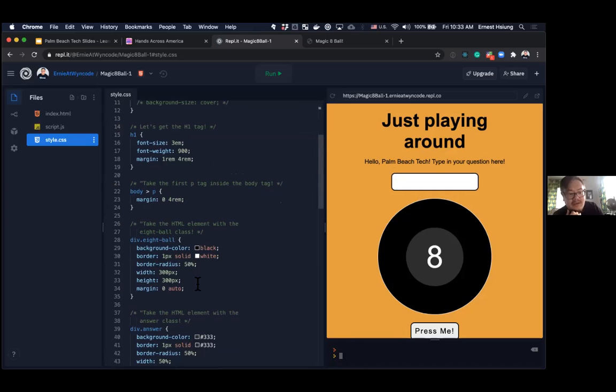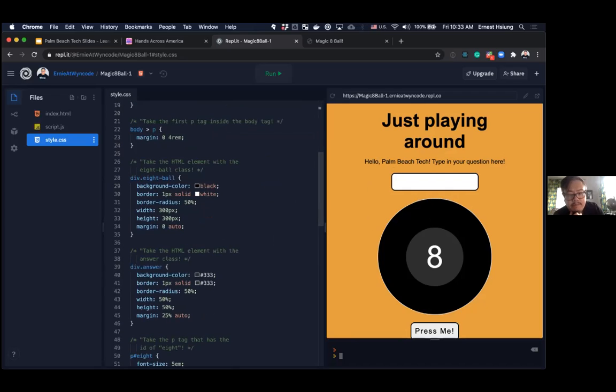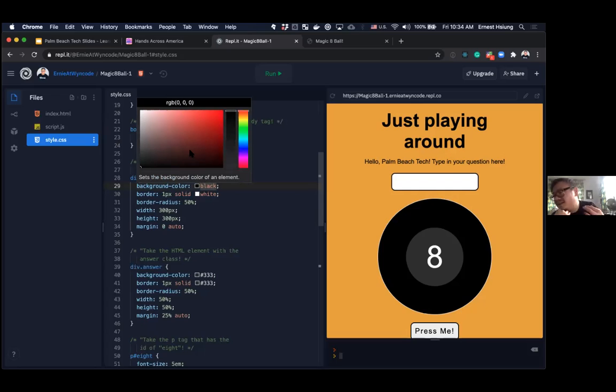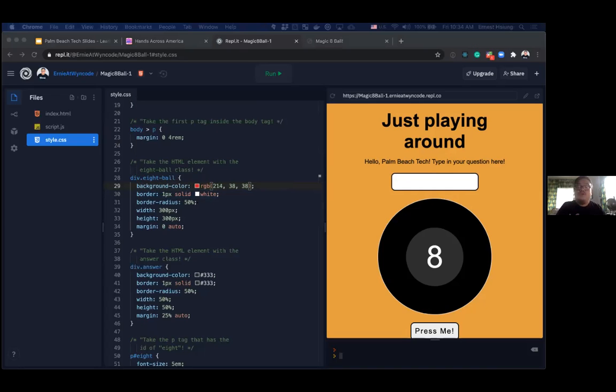Let's try another one. Take the HTML element from the 8-ball class. So it looks like whatever I put in here is going to help bring visual styles to that 8-ball, right? Let's just make this, what is the name of the red ball? Is it a 1? I think it's a 1 ball, right? So we can try this. Click away. You'll notice that square turned red, and then last but not least,